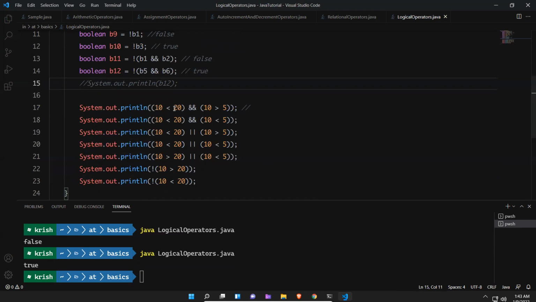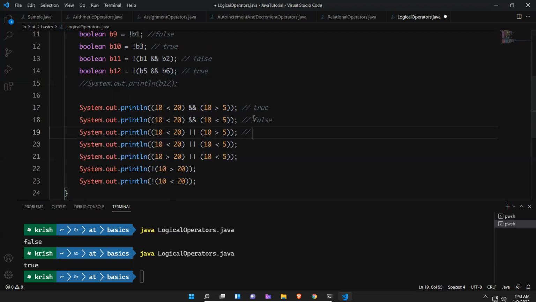So 10 less than 20, this is true. 10 greater than 5, true. Both are true. Means what? This will be true. True and true, true. And here 10 less than 20, true. 10 less than 5, no, false. True and false, then it will be false.